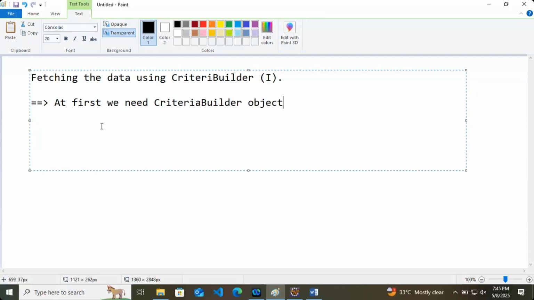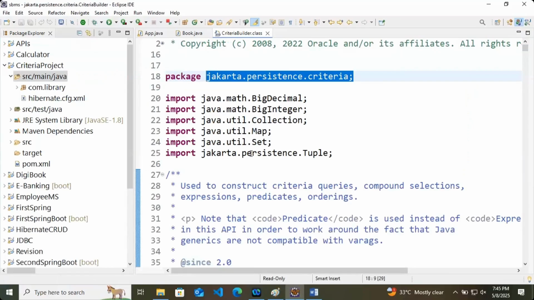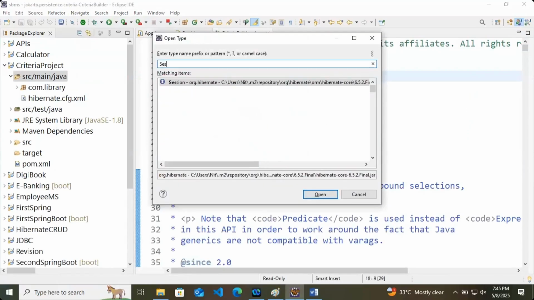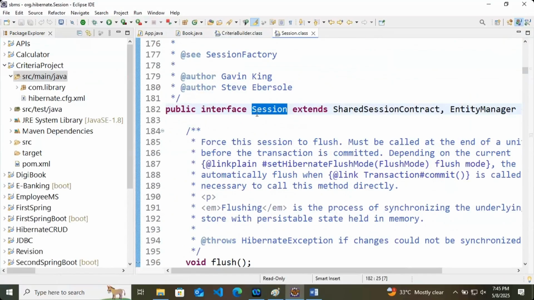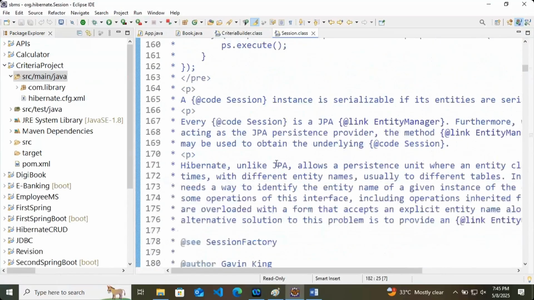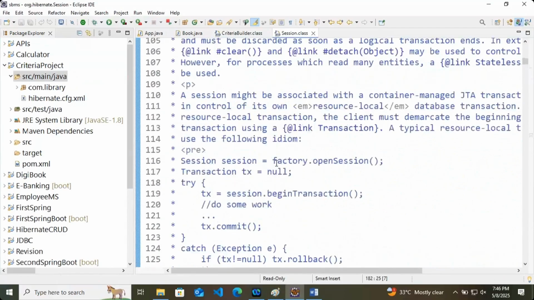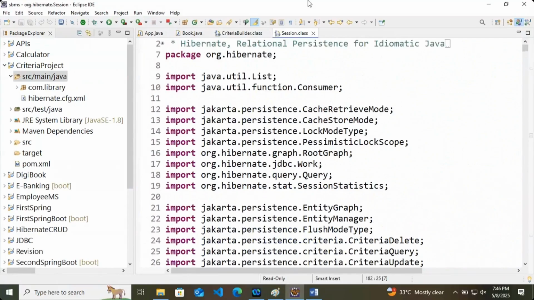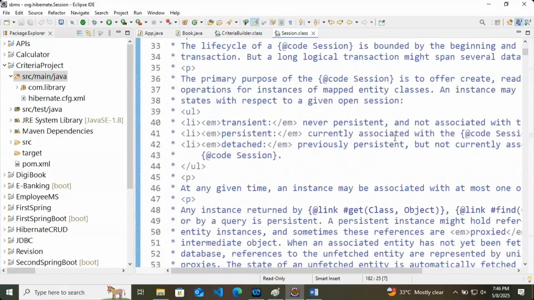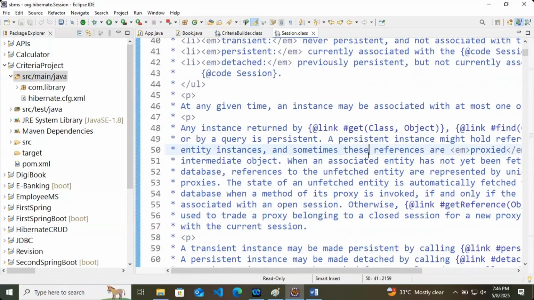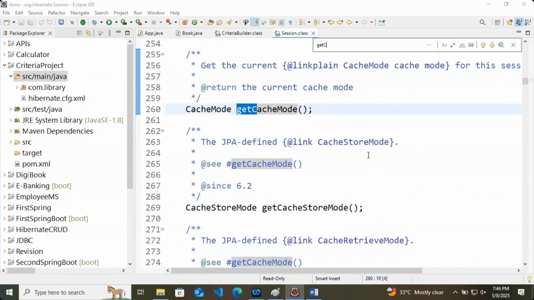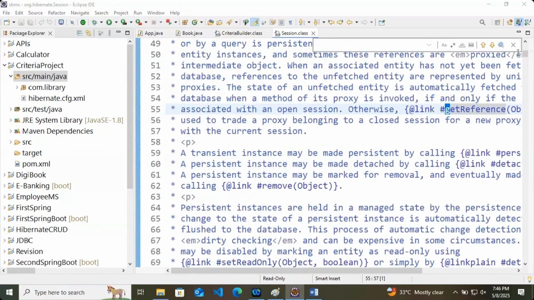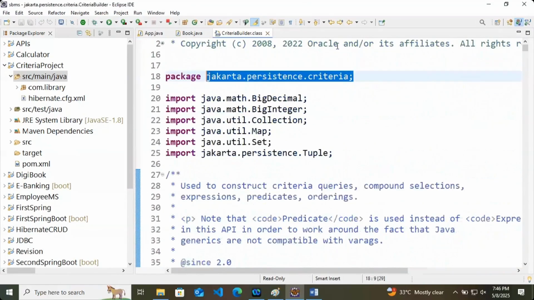So I'll show you the session. We have the Session interface, provided by org.hibernate.